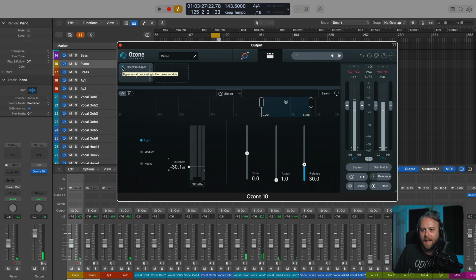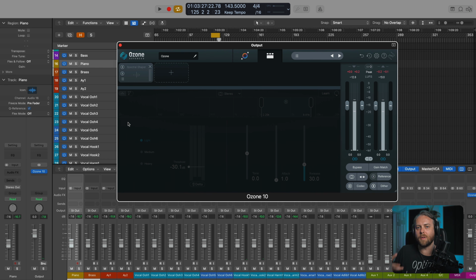So I'm going to go before and after and just listen for an overall softening of the high end. There's not a lot of problems in this track. It's already very well tonally balanced, so you're not going to hear a huge before and after, but we are just taming and smoothing the area in the action region 2 to about 8K with the Spectral Shaper.